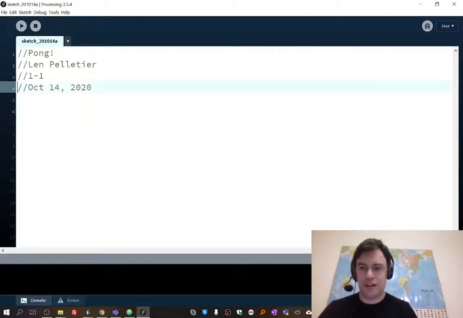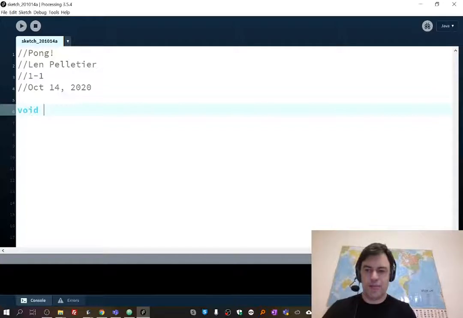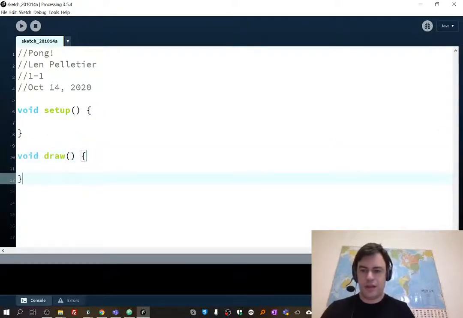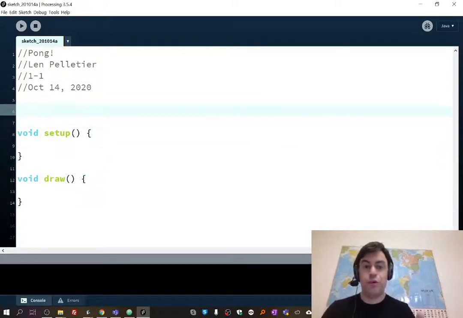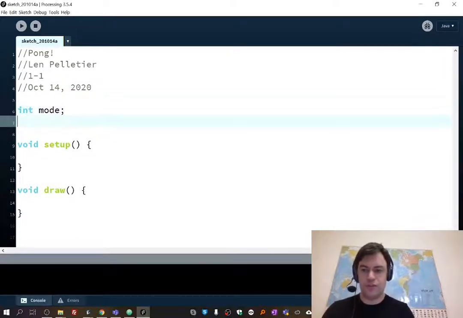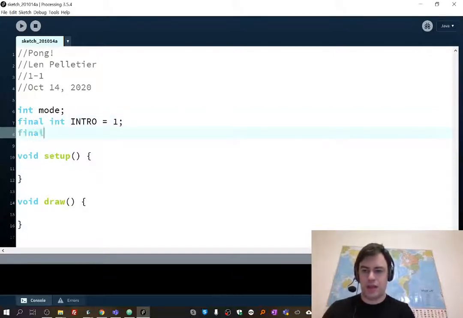Well, that's kind of our setup. So first thing we need to do is make the mode framework. So we're going to need our void setup, our void draw, and then we're going to need some mode variables. So we need some ints for mode, first of all, and then we need our final ints for our various types of modes. So I imagine we're going to need some kind of intro, and we're going to need game,